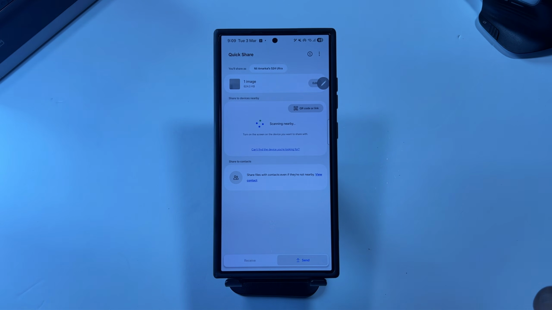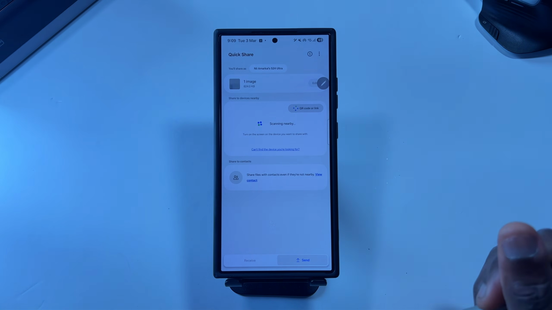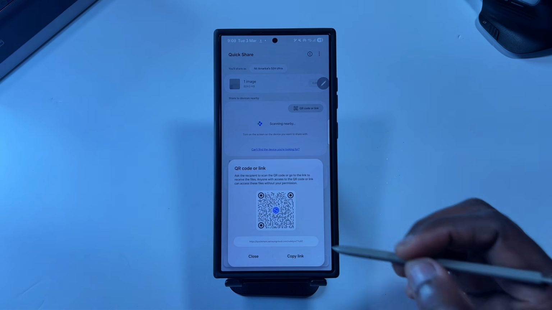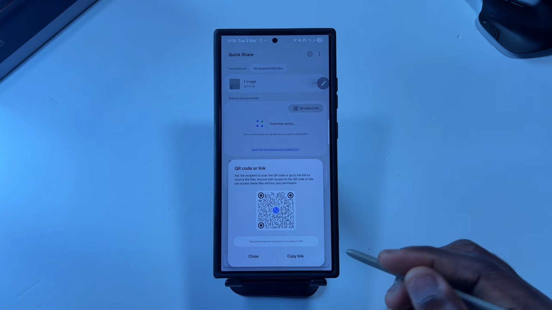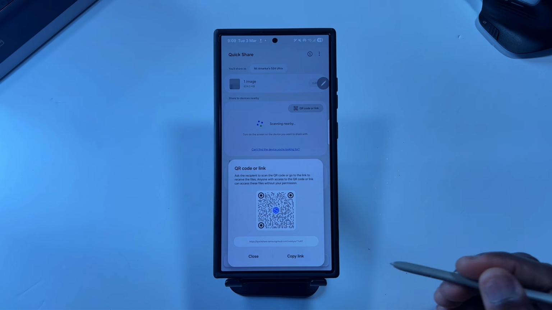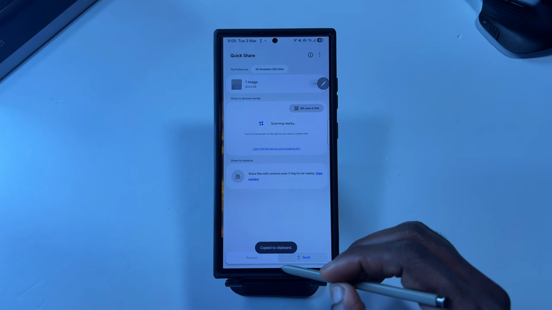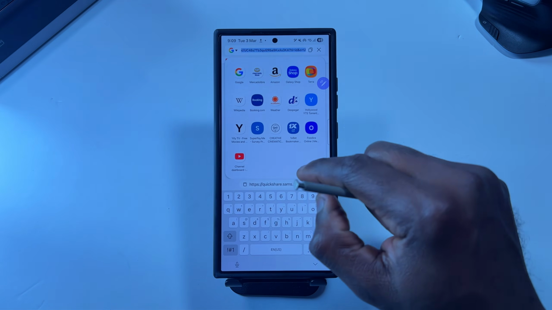If you don't get that option, because probably the person is on an iPhone, what you're going to do is proceed to hit on the QR code or link here, and it's going to be generating a QR code for you, which you can give to an iPhone user to scan and get access to the file. Or you're going to copy this link and share to whichever person if the person is not next to you. So copying this, you would find out that when we open this very link,